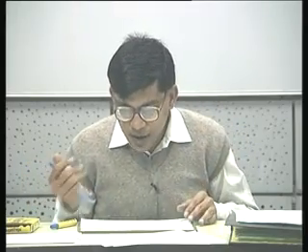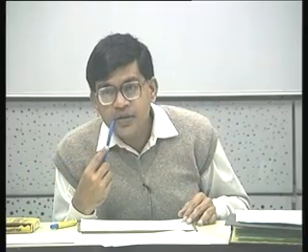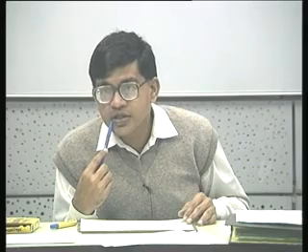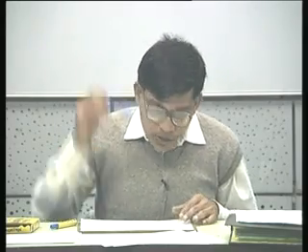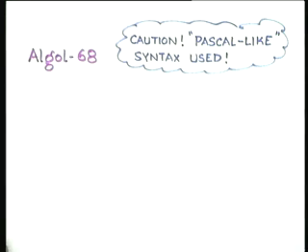So, they had grammar rules which were so complicated that I doubt if anybody other than the language designers have actually written substantial programs in this language. But Algol 68 had a very interesting method, which was that they actually gave